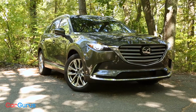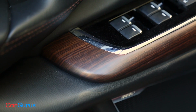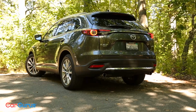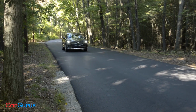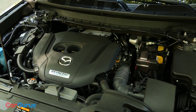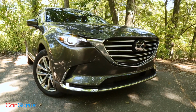Few cars at its price point deliver the look and feel of the Mazda CX-9. With rosewood interior trim and Nappa leather belying the top signature trim's sub-$50,000 price tag, a longer wheelbase helps deliver a smooth ride, and a new 2.5-liter turbocharged 4-cylinder replaces the larger V6, helping Mazda cut 250 pounds in this